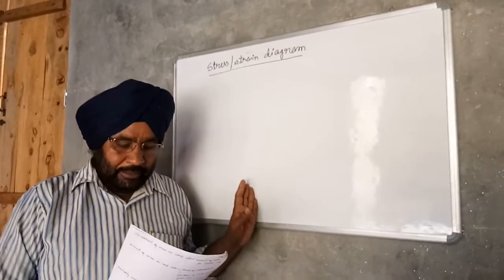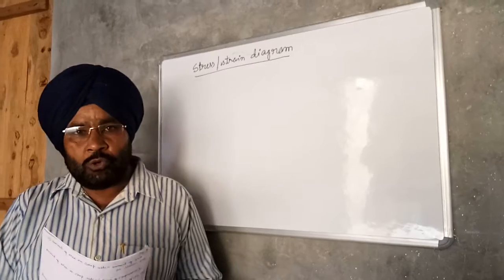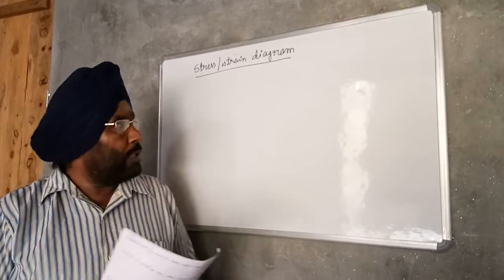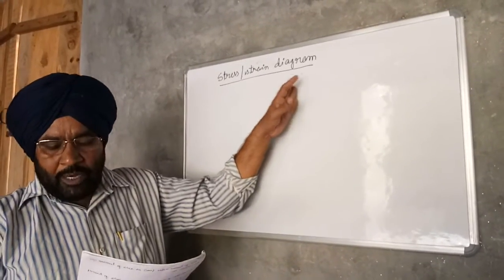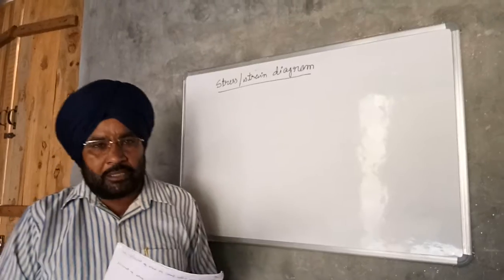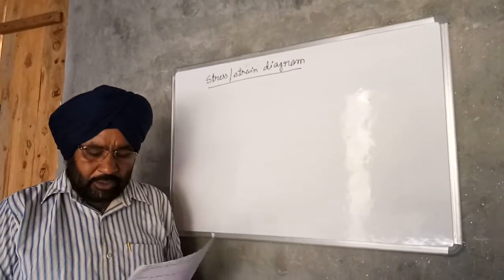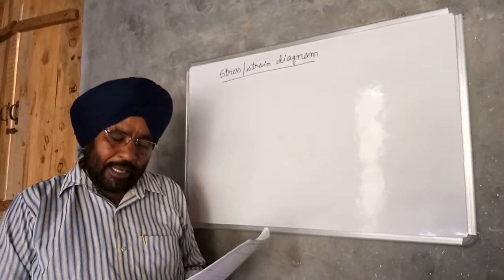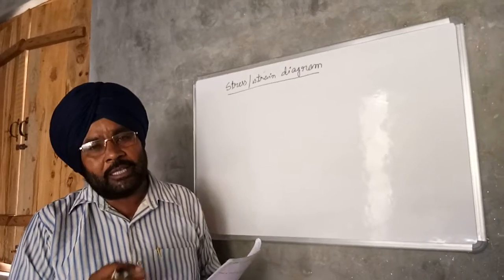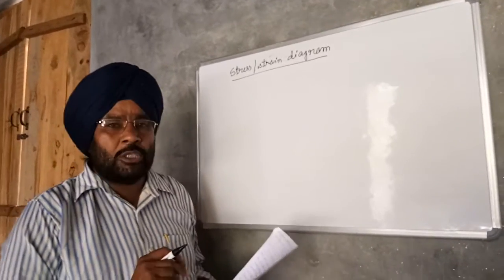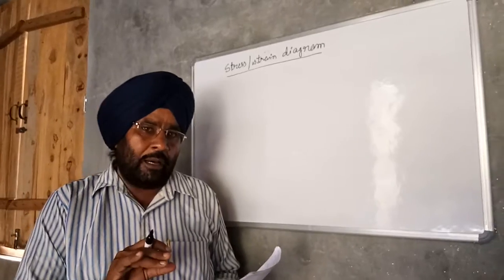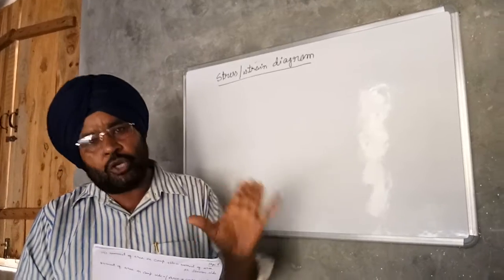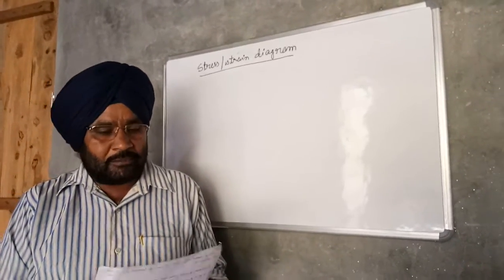Good morning, students. In the previous class, we introduced the singly reinforced beam by the working stress method. Next is the stress strain diagram for a singly reinforced rectangular beam section. Whenever load is applied on the beam, bending takes place. The bending causes shortening of the top layers and elongation of the bottom layers in a simply supported beam. But in a cantilever beam, the phenomenon occurs opposite, that is, elongation of the top layers and shortening of the bottom layers takes place.